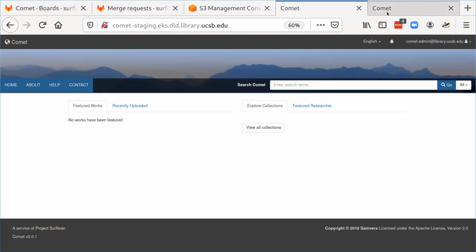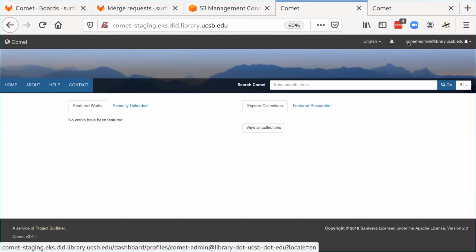But these two deploys are running continuously. So every time we complete work, they roll out automatically. And these are both running on